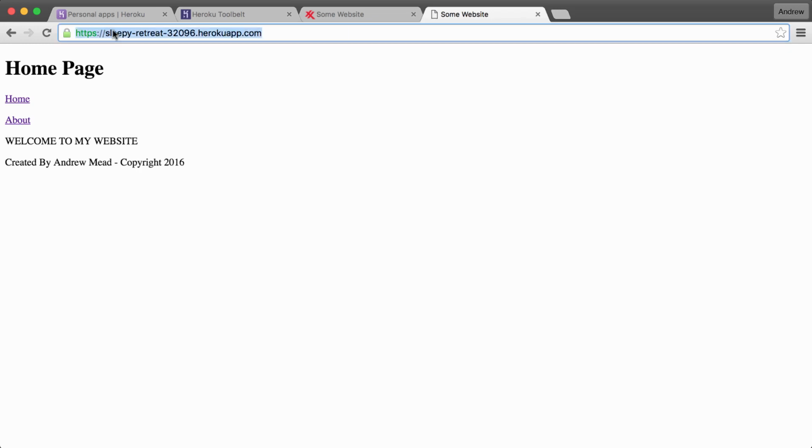Now we have a URL, and this URL was given to us by Heroku. This is the default way Heroku generates app URLs. If you have your own domain registration company, you can go ahead and configure its DNS to point to this application. This is going to let you use a custom URL for your Heroku app. You'll have to refer to the specific instructions for your domain registrar in order to do that, but it can indeed be done. Now that we have this in place, we have successfully deployed our Node applications live to Heroku,